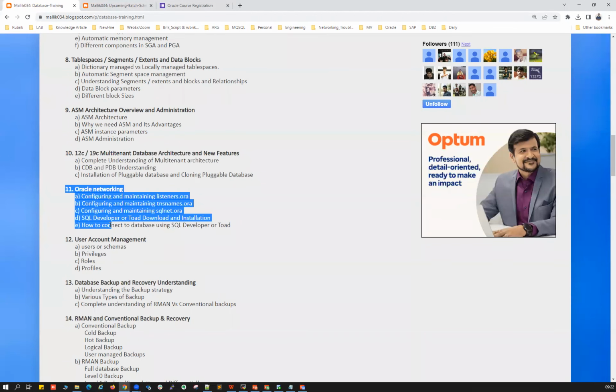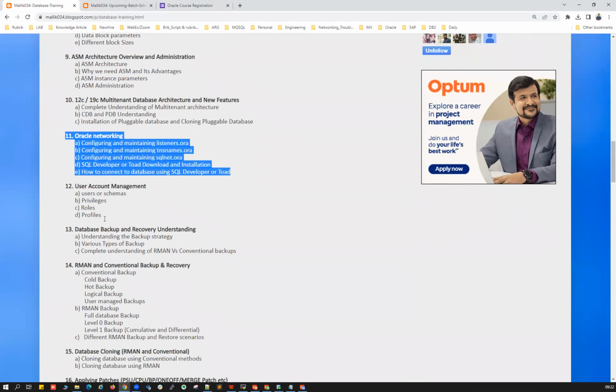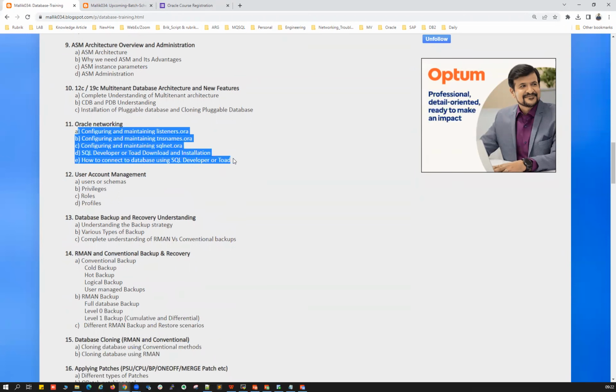Chapter number 11 is all about networking, your TNS, listener, and so many things. We're going to talk about SQL*Net and TNS listeners, and how we're going to connect remotely, passwordless authentication, remote authentication, OS authentication, and your password file, so many other things, right? I just mentioned a few of them here, but there are so many things. I cannot mention all of what we're going to discuss, but I can mention one or two here. Along with this, a lot more will be covered.